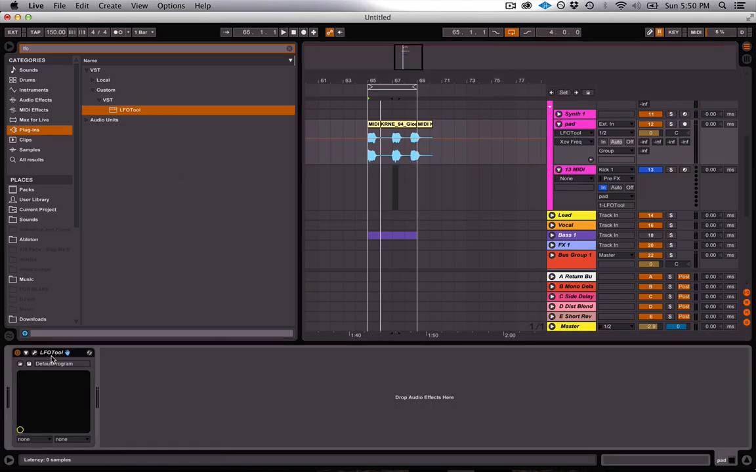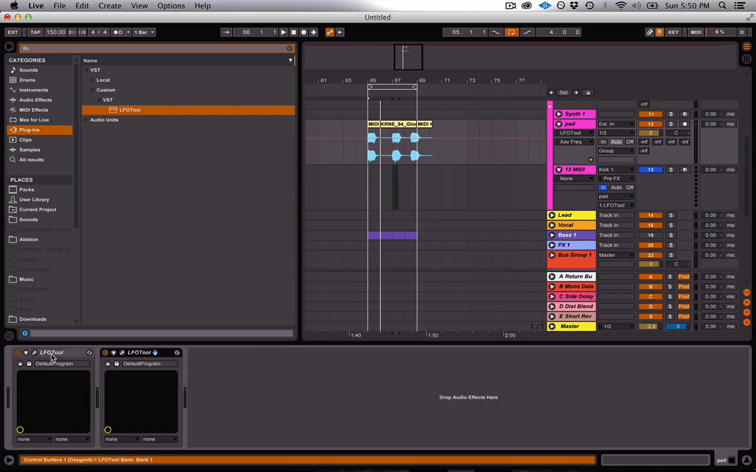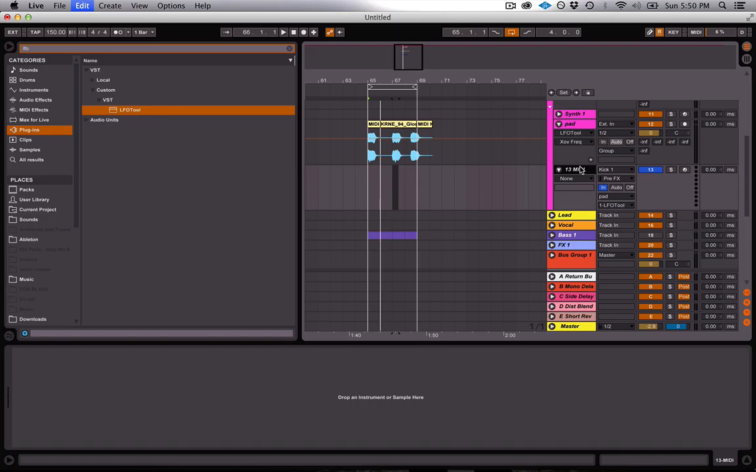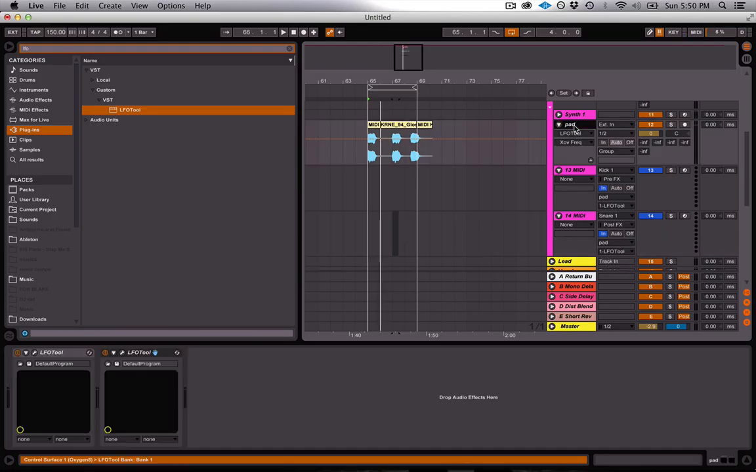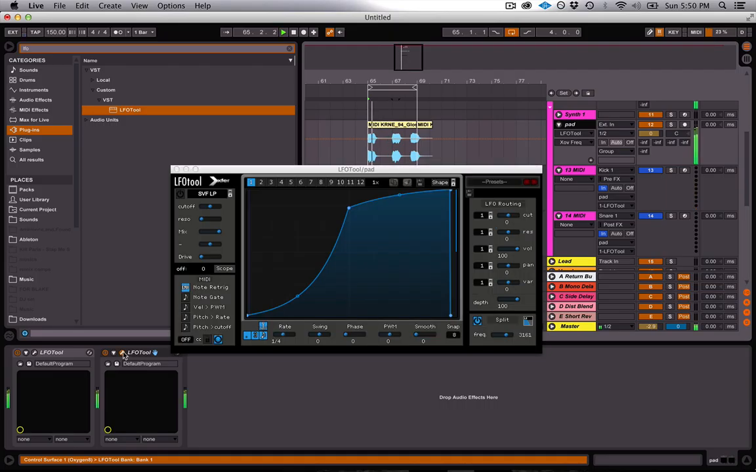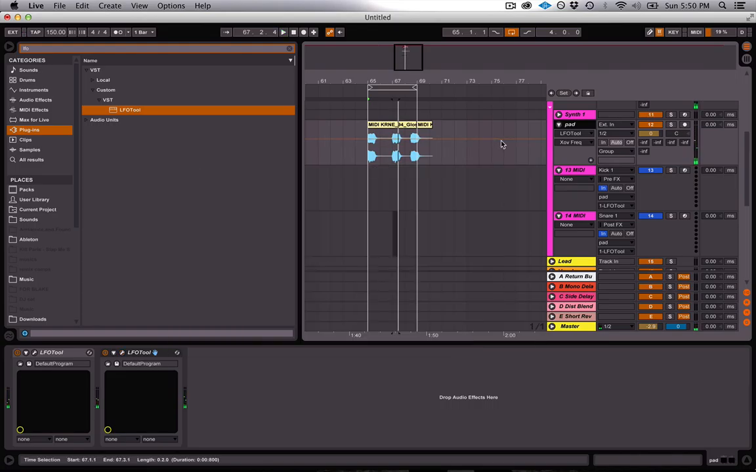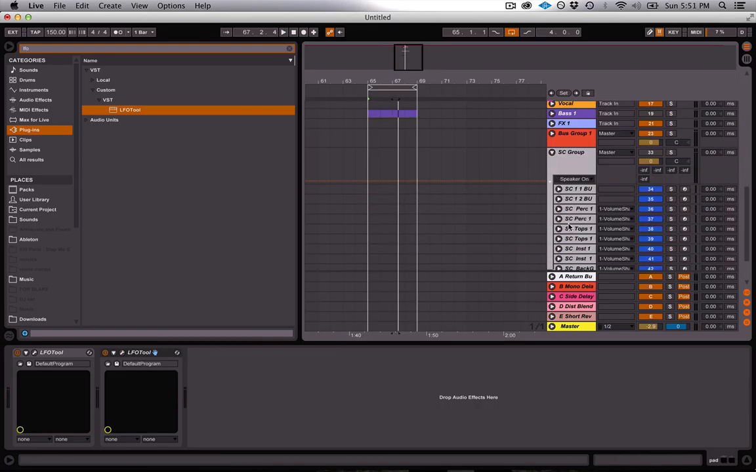Now, if I want to do it for the snare as well, I could just Command D, duplicate this MIDI track, change the input to snare, and then go to the second LFO tool. And now, when I look at this one, okay,